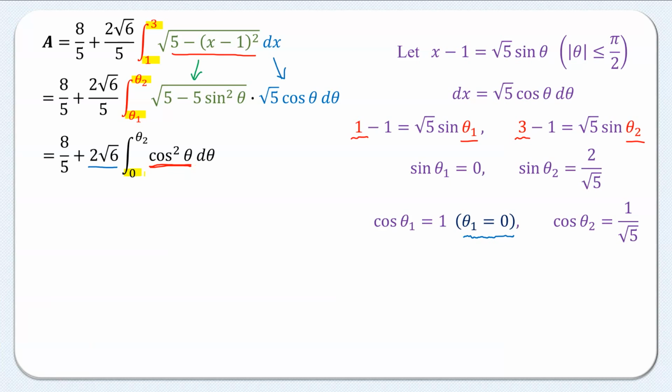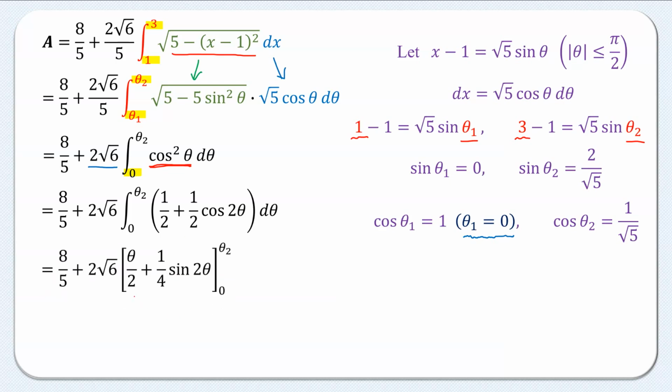Also, let's use 0 for theta 1 from now on to obtain simpler expressions in every step. In order to integrate cosine squared theta, we use the half-angle formula for cosine to convert it into 1/2 plus 1/2 cosine 2 theta. Then we have the antiderivative theta over 2 plus 1 over 4 sine 2 theta,